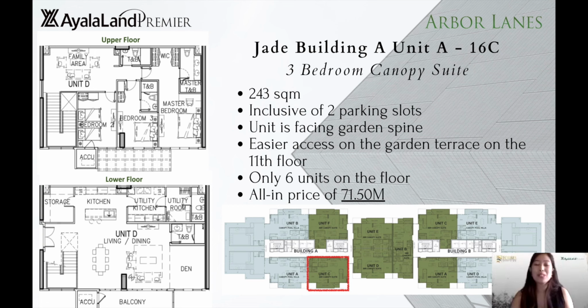Just like what I mentioned earlier, we are only offering 6 units for this floor. So it's very much a private and exclusive space for you. The all-in price for this unit is 71.5 million. Just like the first 2 units that I presented, I also prepared another special term for this one